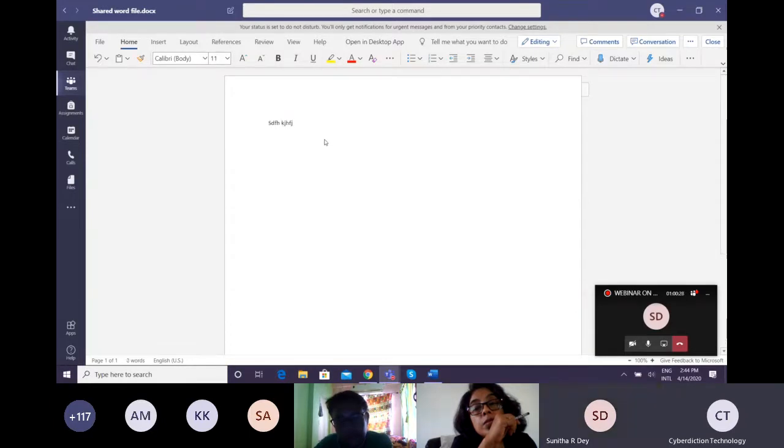It opens, and it is visible to all the students who are part of this particular team. Fine. So now you are giving permission to one student. Now student, it's your turn. You can write whatever you want. So the student can also write, and you can see the name of the student who is writing, so that you can also trace who is writing basically.